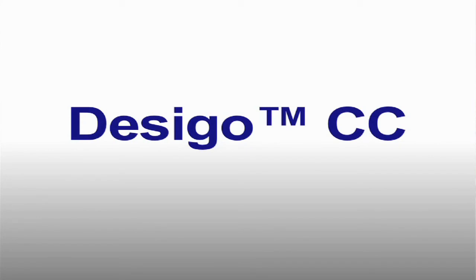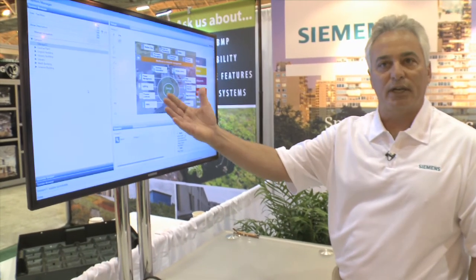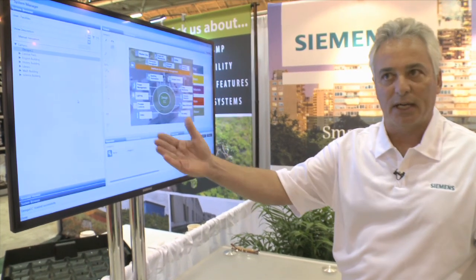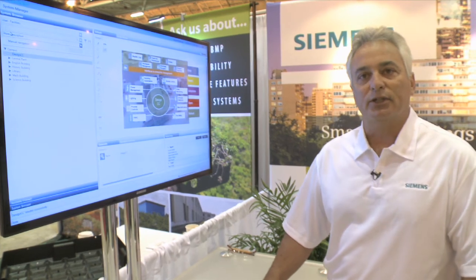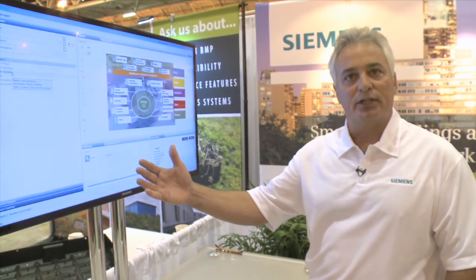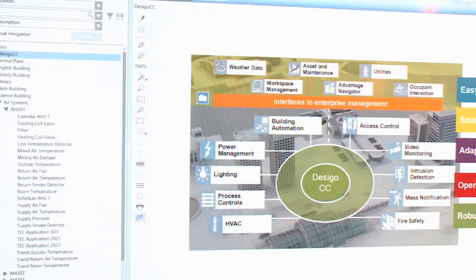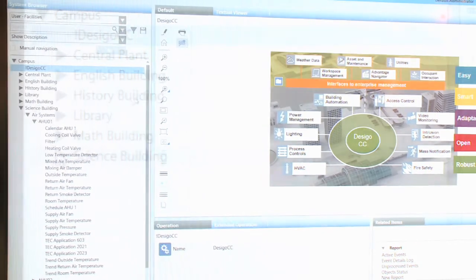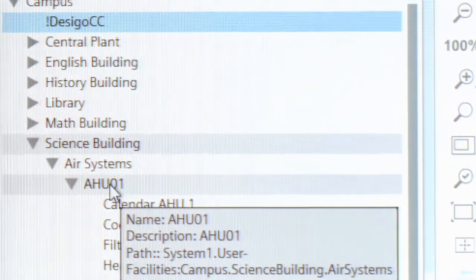First, let me show you how the user can flexibly add whatever they want to see for different people within an organization. For example, there may be a user that's the facility manager that would like to see the central plant, that would like to see in buildings the air systems, mechanical systems, water systems. So we have a view that shows him all that stuff right here. He picks user, facilities, and he can see his air handling systems, he can see his buildings, he can see